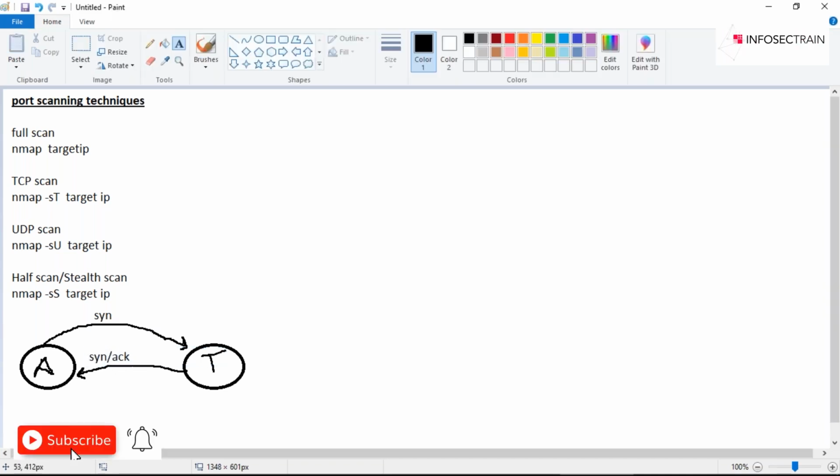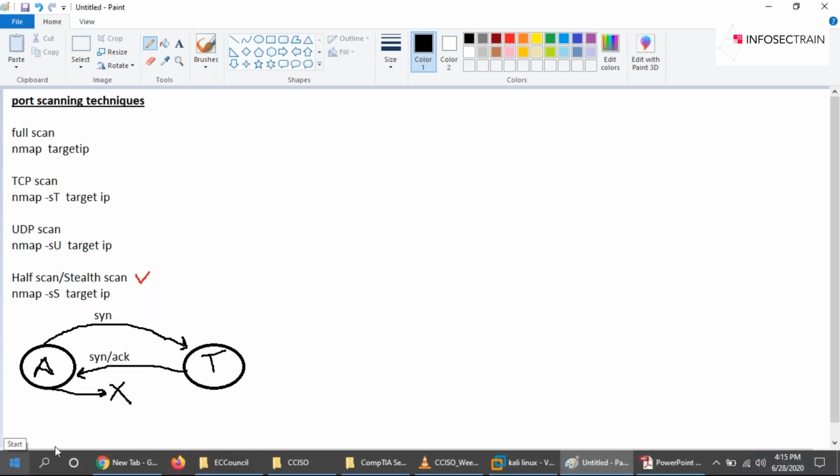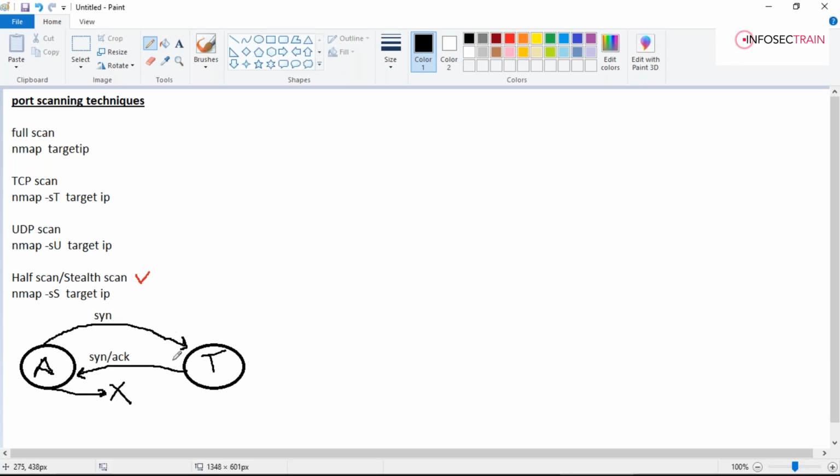Now, guys, if this were a three-way handshake, the attacker would have sent ACK. But we are talking about half scan over here. For half scan, the attacker will not send any packet back. Since he's not sending any packet, the three-way handshake will not be completed. It means the logs of computer A will not be saved, and logs of computer T will not be saved. Also, they will not be checking the certificates, or discussing the security of sharing the data. Your objective was to check whether the ports are open or not. As soon as you got the reply from the target machine, you get to know that the ports are open.